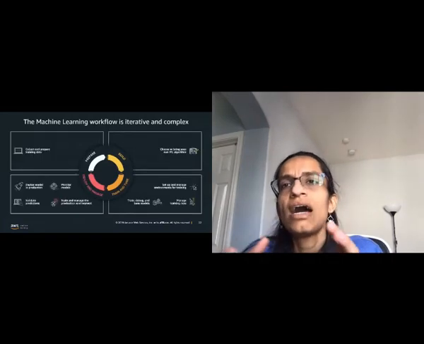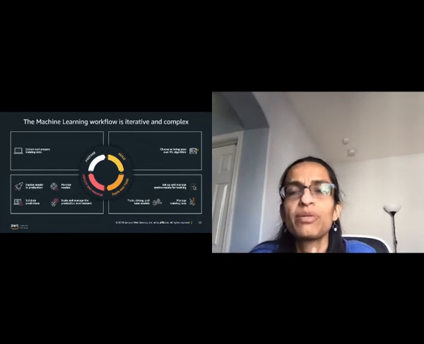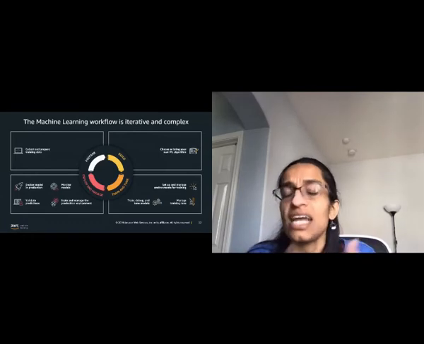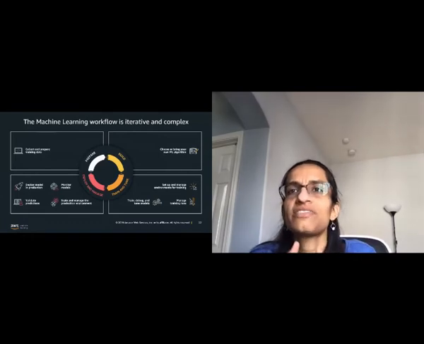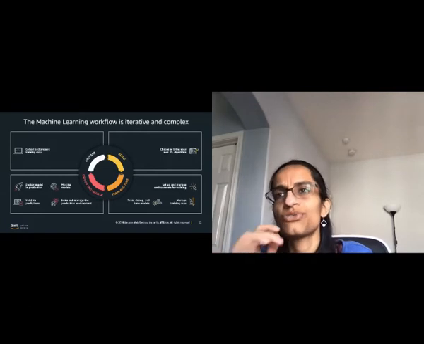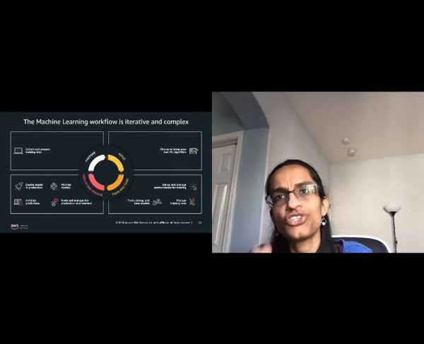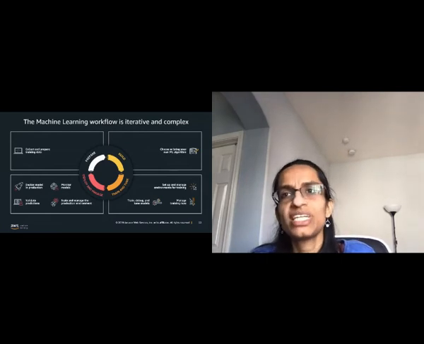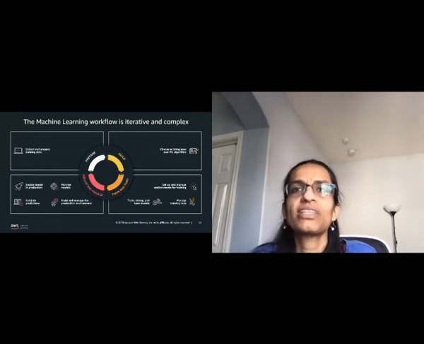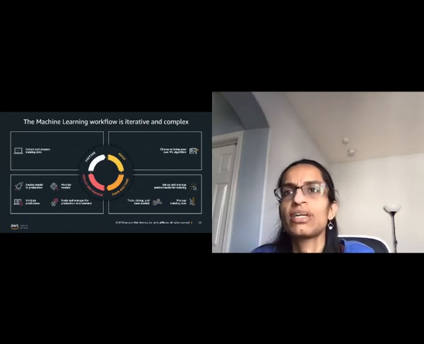So let us understand a little bit about how the traditional ML development process worked before SageMaker came about. It's an iterative process. First, developers need to select the algorithm or the framework to build the model. Then they need to train the model on how to make predictions, and then you need to tune it to deliver the best possible predictions. And lastly, they need to integrate the model with their application, and then you need to deploy this into your system.